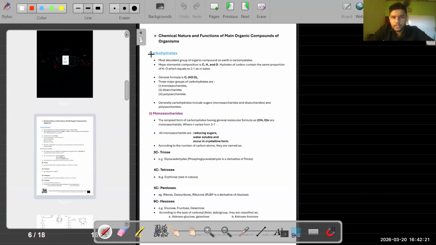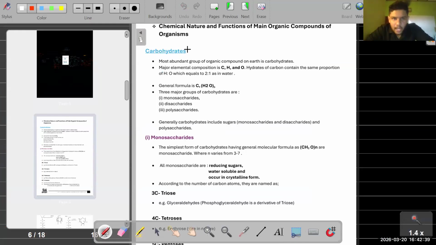Right, the first organic molecule is carbohydrate. So this is simple, right? Nothing to confuse, there's nothing hard here to understand. They are giving basically clear statements, right? Just read and understand. If you can't understand, I'll give an explanation. Carbohydrates,